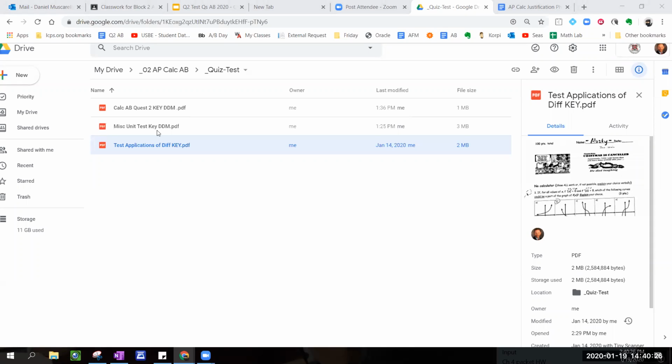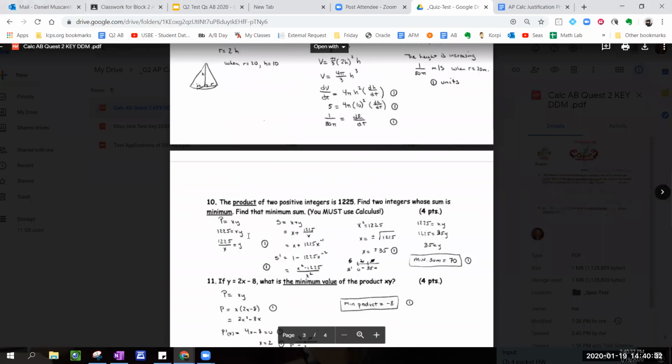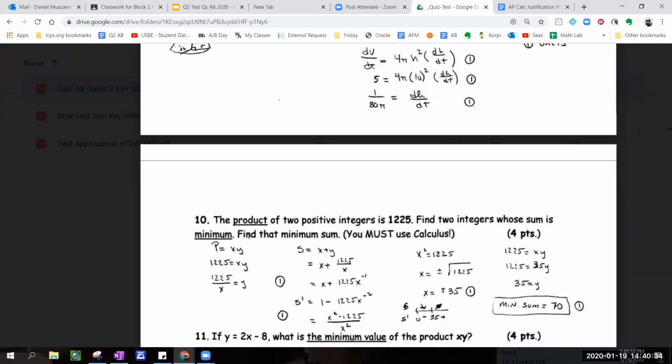When you take a look at the product of two integers is 1225, you're going to set it up two ways, because we're going to have a product that we have to pay attention to, and we're trying to find the minimum sum. So I just use generally the letter S to